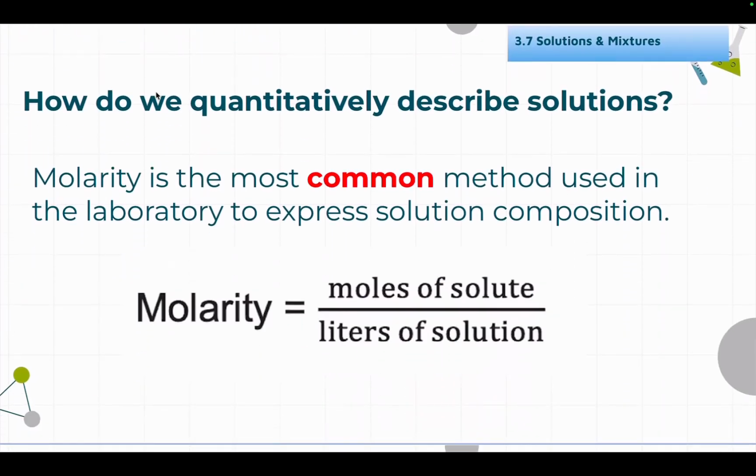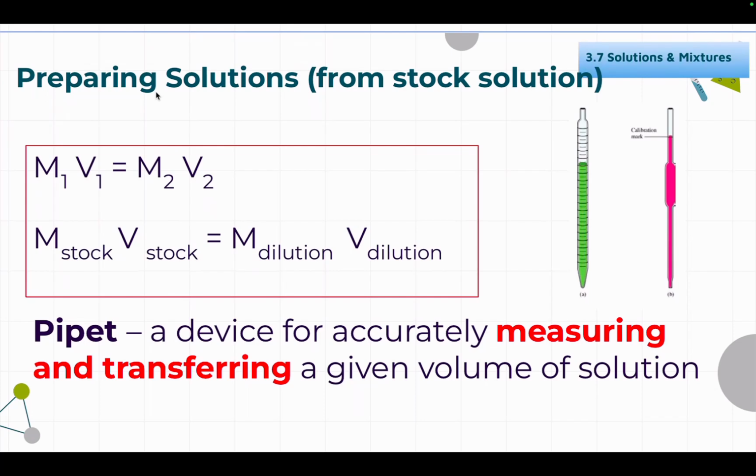Quantitatively, we can describe solutions in many different ways. Molarity is one of the most common ways in chemistry. This is moles of solute over liters of the entire solution, and we will be using this quite a bit. We are also going to be doing dilutions, so we are going to have a stock solution that's more concentrated. We're going to take a certain volume of that stock solution, and then we're going to have a desired molarity that we're trying to make. And we're going to have a desired amount of that molarity, which is the